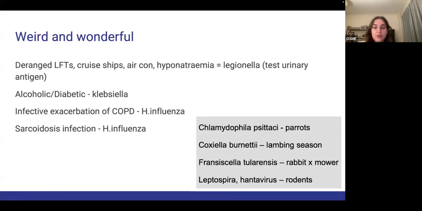Now, in terms of the weird and wonderful, I'm really sorry, there's not much logic in terms of how to remember this. It's just remembering that Chlamydophila psittaci is parrot, and Coxiella is associated with lamb. So again, there'll be something about a farm, or for the one previously, they'll have a pet parrot. Francisella tularensis is rabbit associated, and then leptospira and hantavirus are caught through exposure